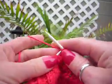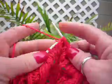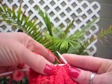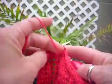Then we're going to knit 7 through the end of the column part in the center, and I know I'm going to reach the end when I hit those 2 purls. My next stitch is a purl. I'm now starting the left edge. We're going to purl 2,